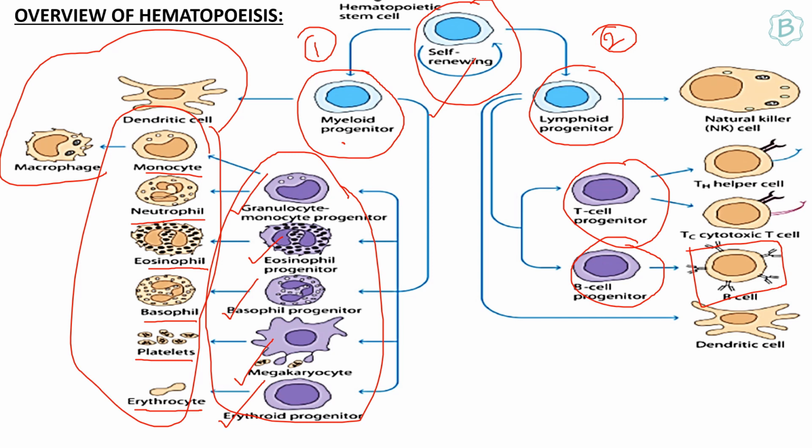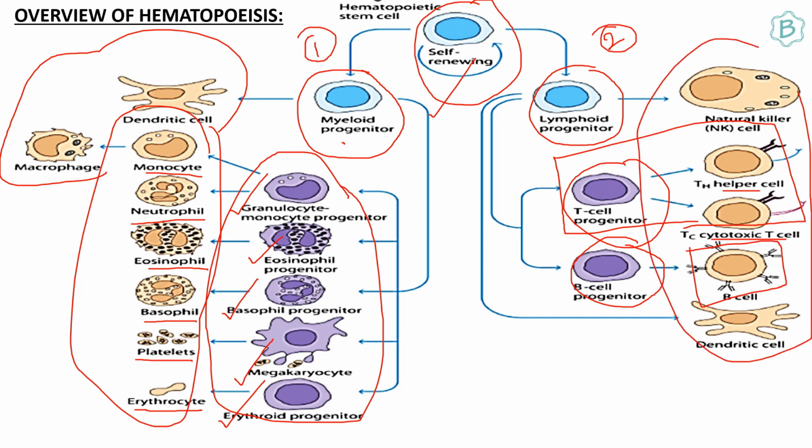However, the T cell progenitor is slightly different. This T cell progenitor will undergo differentiation as well as maturation in an organ known as thymus. So this T cell progenitor will give rise to two kinds of T cells. First is the helper T cell and then we have the cytotoxic T cell. Also, all these cells are eventually transported to the peripheral tissue. So your lymphoid progenitor is eventually giving rise to natural killer, helper T cell, cytotoxic T cell, B cell and dendritic cells overall.